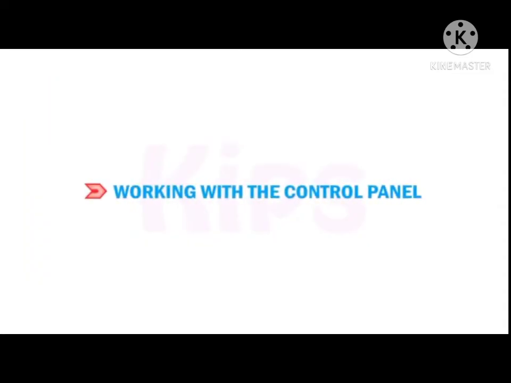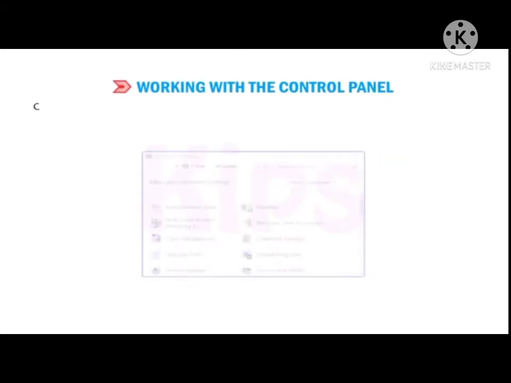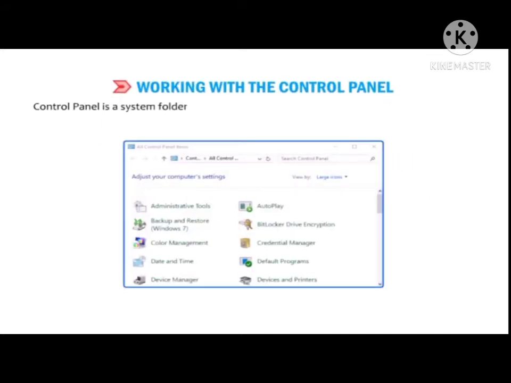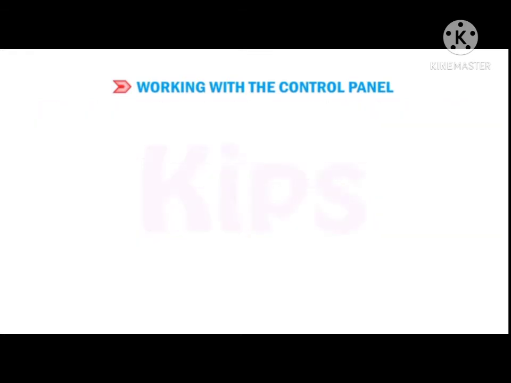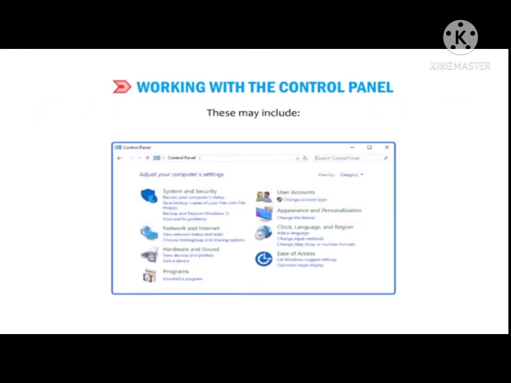Working with the control panel. Control panel is a system folder using which we can make changes in the appearance and current setting of Windows. There are